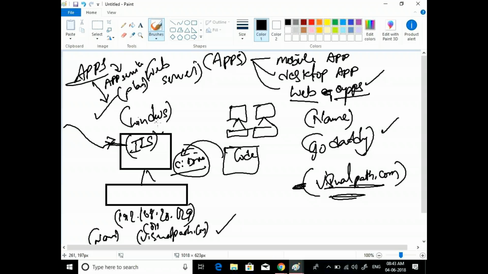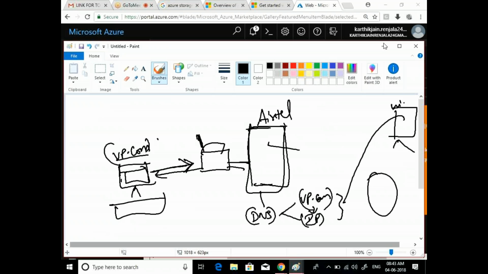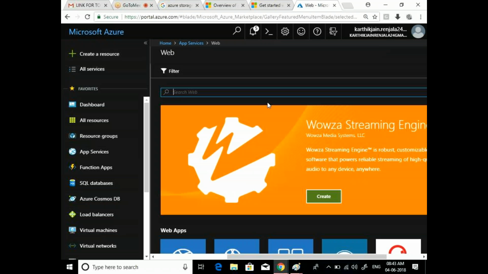So whenever you create an app and app service plan, your app will be ready in less than 2 minutes. Your server will be up and online. I'll show you that quickly in today's session. I'll show you how to create a sample web app without any server creation. It is really simple, guys.